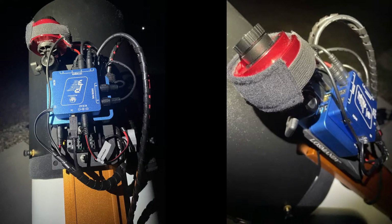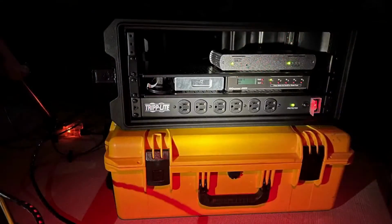Here in front is a ZWO ASI2600MC mono camera, and that camera is the one we use for the sky view that you'll see in a moment. So that camera floats on top of the scope and kind of rides it like you would ride a Bronco. Everything comes down then to the bottom of the scope where there's an